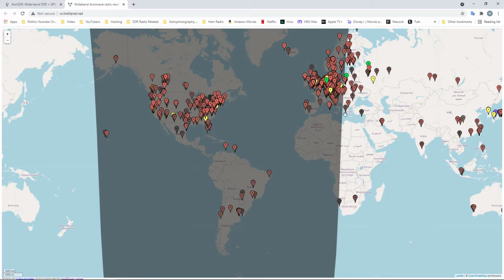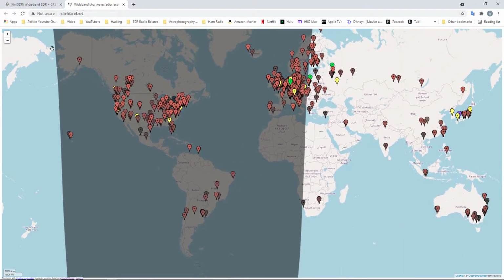For the most part, most of these are up and running. Some of them won't be. You'll know right away if you can get into it or not. And also they have the gray here to show you your nighttime bands and your daytime bands.